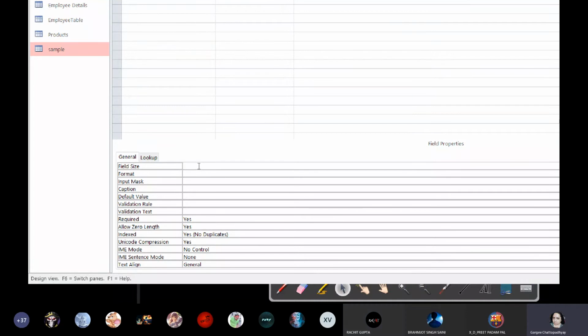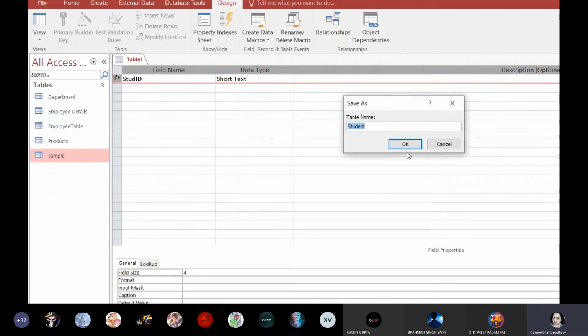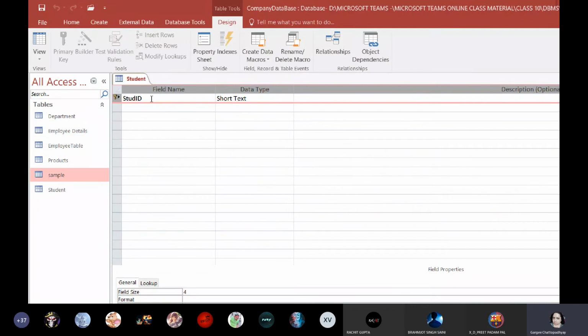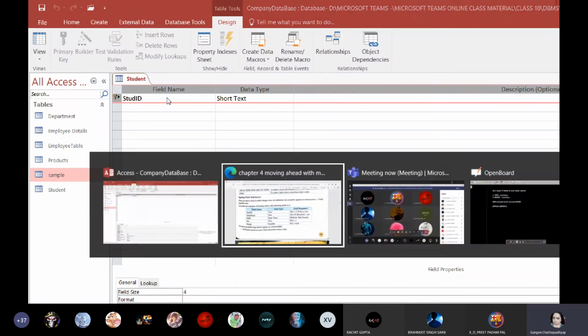Okay, size of the field. That is how many maximum characters it can accept. So in the question, it has been said 4 characters because student ID should not be very long. So that is why 4 characters is enough. Understood? So it has been set over here. The first question is done.